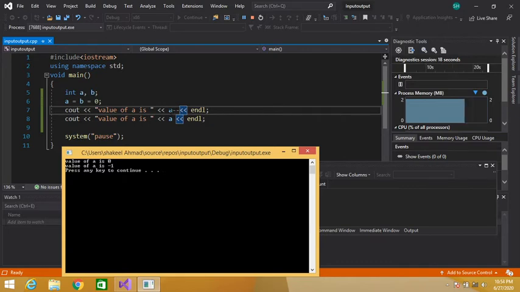It will first display the value of variable a on the console window, then it will decrement the value of this variable. So it has first displayed the value of a, that is 0, on the console window, then it has decremented. So in the next line the value of a becomes -1. So in the same line its value will be the same, 0, and in the next line its value will be decremented. So it will first display the value of a on the console window, then it will decrement the value of a.